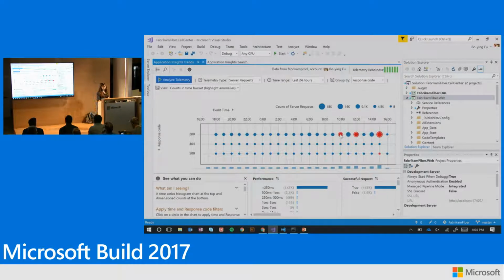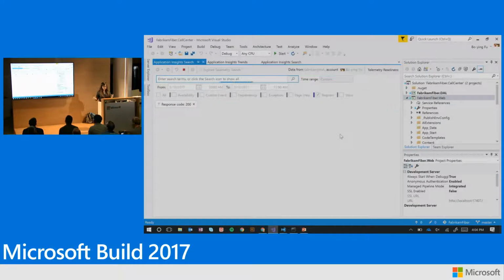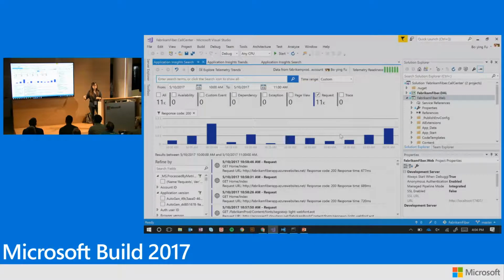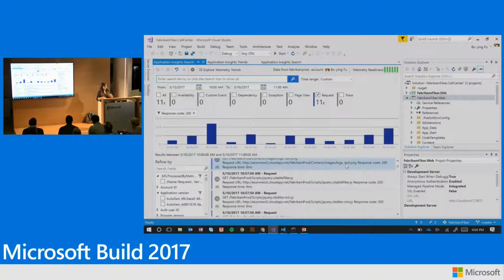is something interesting. So if you click on this, this will narrow down the detail and go back into search, and you'll be able to see everything associated with that specific anomaly. So you can go ahead and try to find out, hey, what was wrong with that, or if something interesting